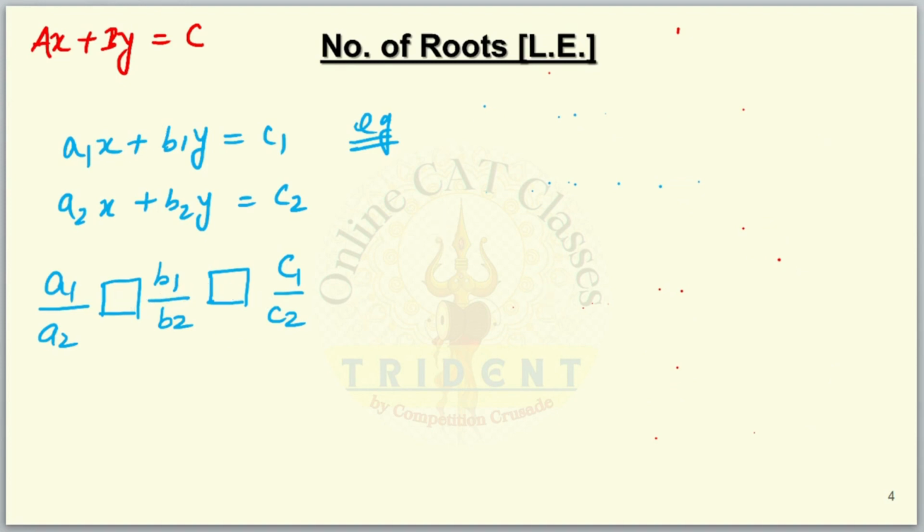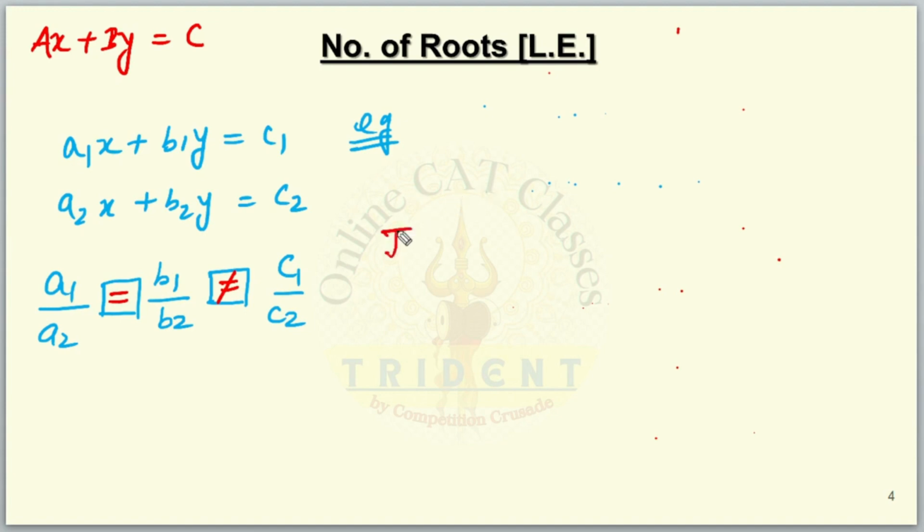Now let's take an example. Let's say in the previous case I had a1 by a2 is equal to b1 by b2 is equal to c1 by c2. Suppose in the next stage the last term is not equal, which is a1 by a2 is equal to b1 by b2, but it is not equal to c1 by c2. In that case, what you will have is